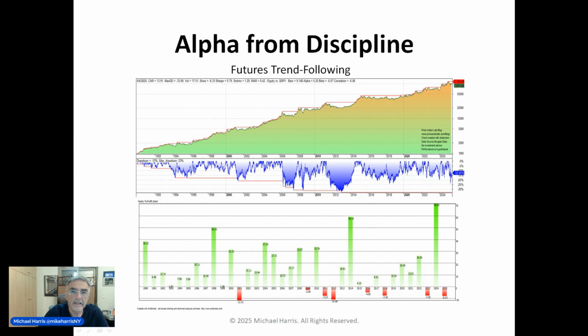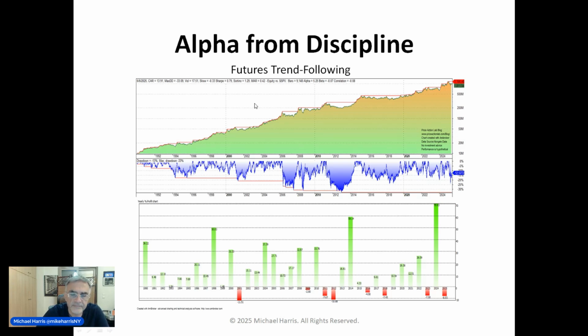And the risk-adjusted alpha is about 5%. I will talk about this. What is risk-adjusted alpha versus pure alpha, which is what we're interested in